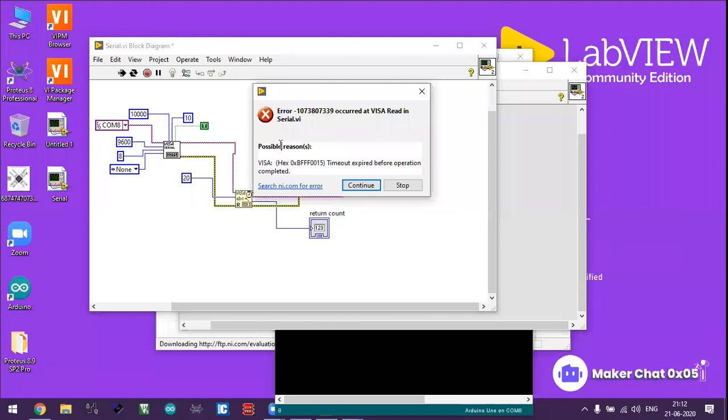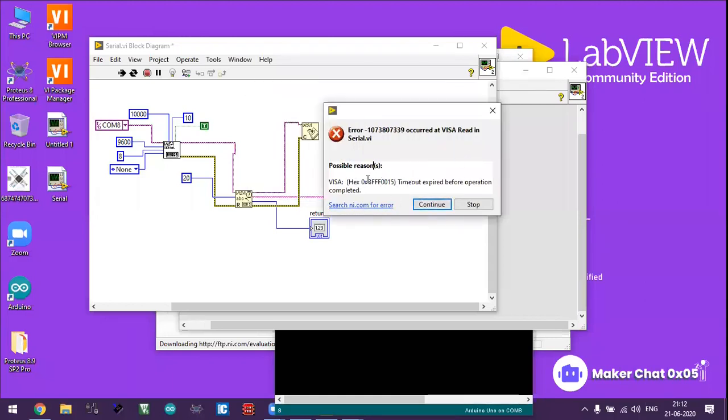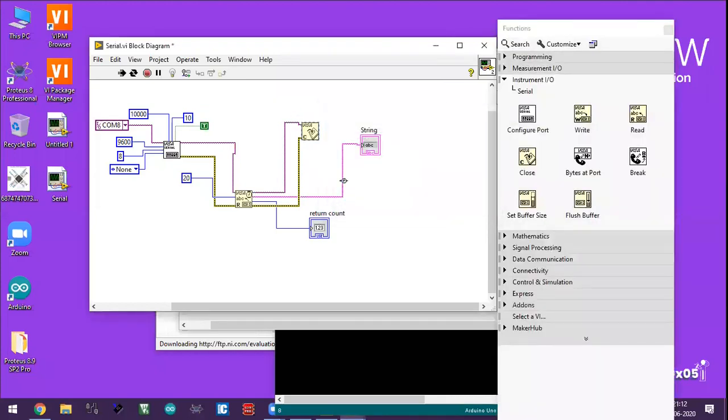You can see on forums and online social media that this error is a complete headache for our engineers. It runs for some time and then gives this error. You can either go for continue, and it will automatically restart, and after some time it will give you an error again. So if it is not necessary, then don't close the port. And this is Control B, so we can delete the wires. This is a simple read program for the Arduino board.